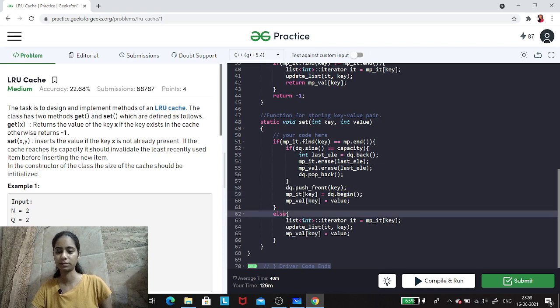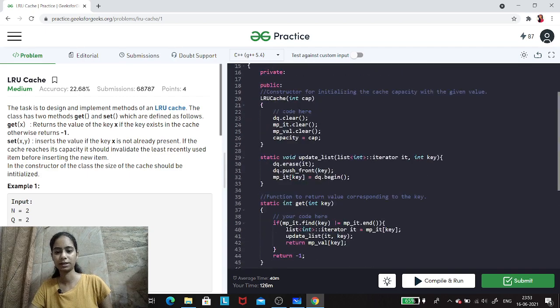Now the else part considers the case where the value was already present and we are updating it. Like for key 1, value 2 was present, and now we are updating 1 to 3, right? So now it will enter this case, and we need to find out the iterator, that means where it's present in the list, because I need to remove it, right?